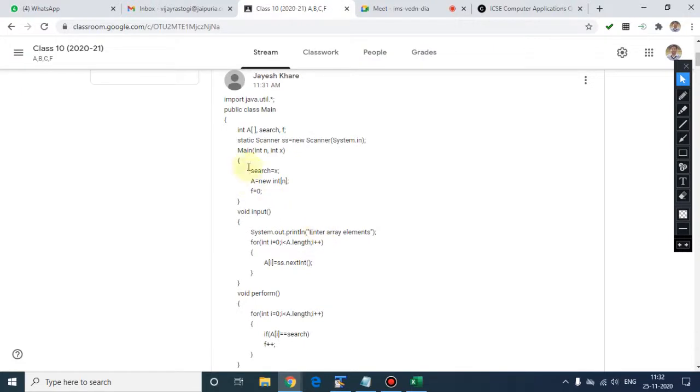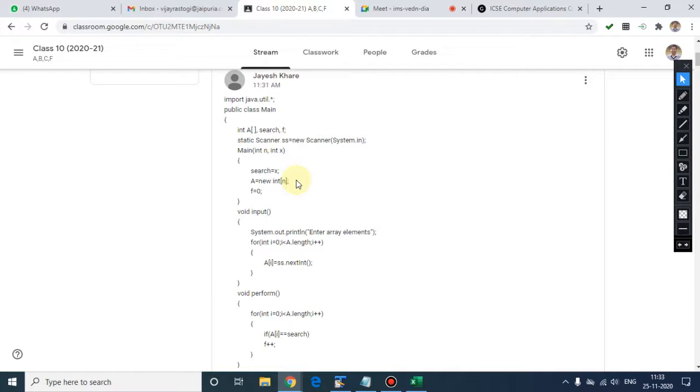Yes, sir. And for storing the frequency, do not use f as a global variable. By global variable, we can do that, but just try to avoid that. As I told you, only the size and the array need to be declared unless something is given in the question.